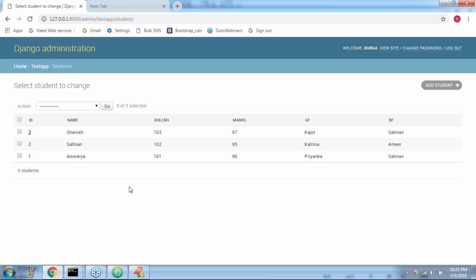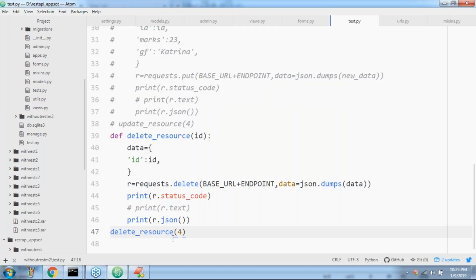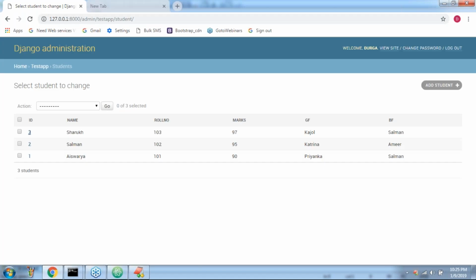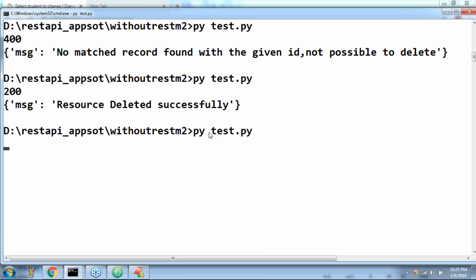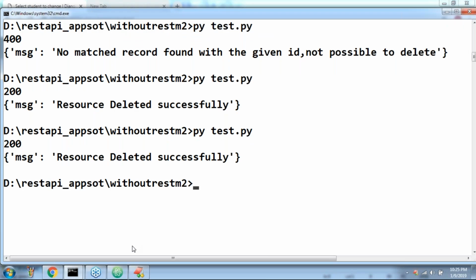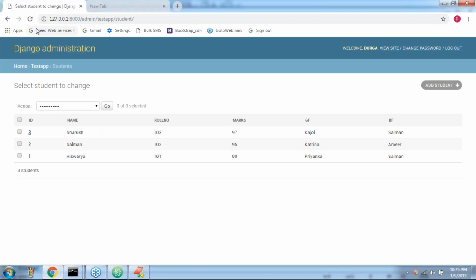Any doubt? Sir, I want to delete one more record, one Aishwarya record also. Okay, if you want to delete the Aishwarya record, just pass that one and execute this code. Resource deleted successfully. If you want, you can cross check. Aishwarya record also gone. Only 2 students are available.